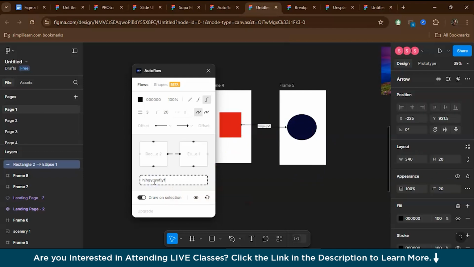Like anything, I can just add a random text, and this is particularly useful when you want to explain what the flow is. Like, if you want to explain why this is going from here to here, you can actually give the explanation over here, which will be pretty easy for you while you'll be giving your presentations. And also, if you need to reposition your shapes, you can run the plugin again and it updates the connections for you. So this feature is especially handy for wireframing and prototyping user journeys, making it easy to visualize how users will navigate through your app or website. And it saves you from the tedious task of manually drawing lines from each element and ensures the flows are neat and organized.